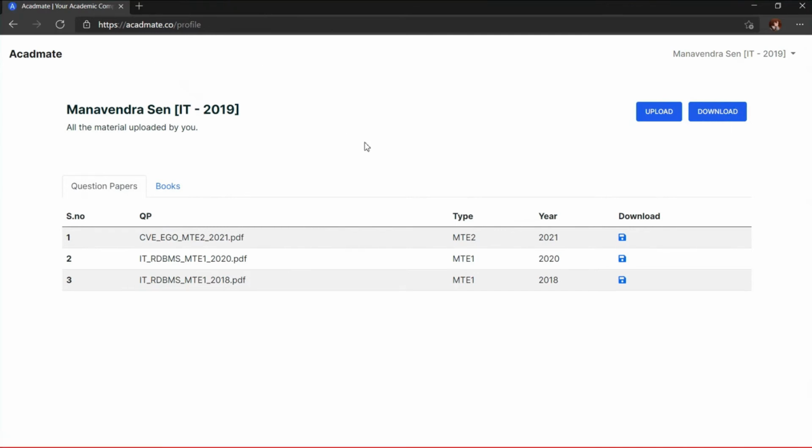Talking about future prospects of this application, we plan to extend this application to books, assignments, and even solutions to the question papers which are uploaded on the website. To encourage user engagement, we plan to add a contribution points or reward system, which rewards the user points every time they upload a question paper, and we may include a leaderboard system as well. The decisions are yet to be taken.